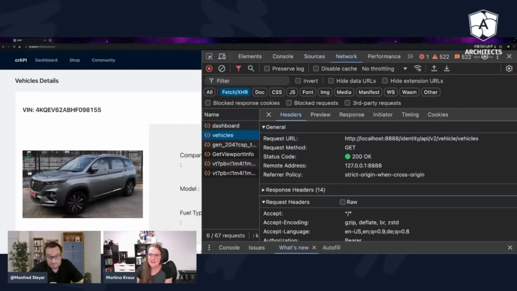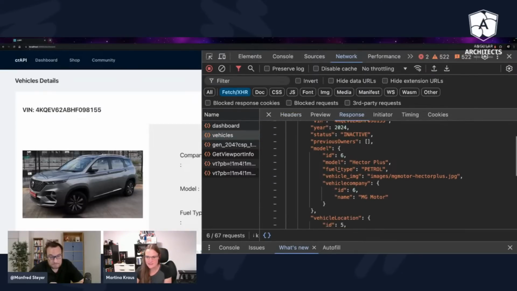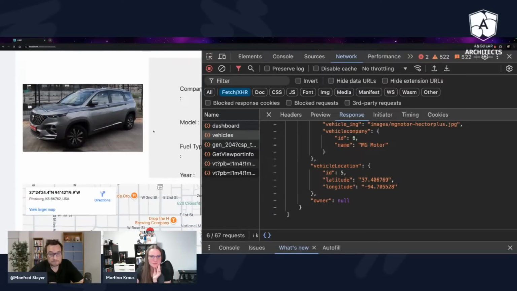There's another request to /vehicle/vehicles, and it seems to give me some data about my own vehicle. What I usually do is click around and try to get as much information about the API requests as possible. You can also automate that, and I will shortly show a tool for that.